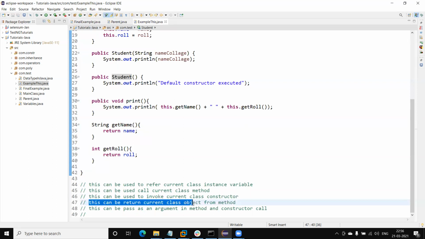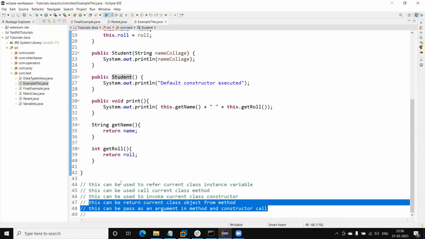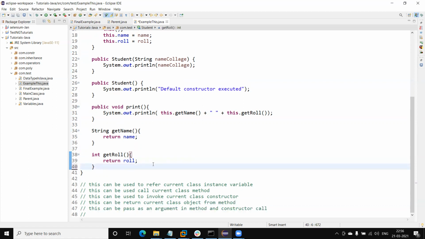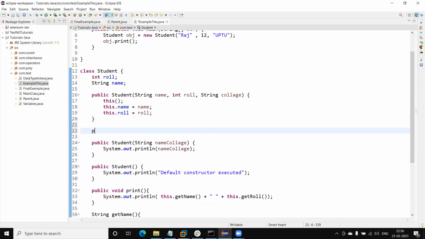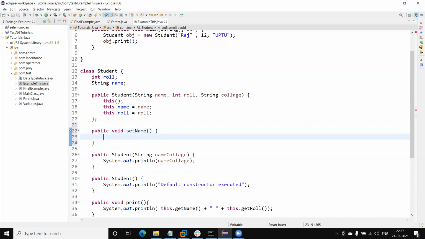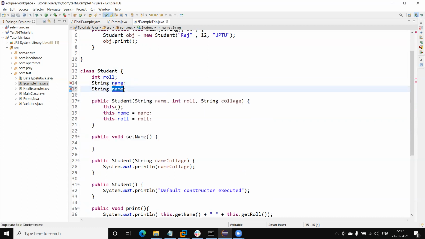This can also return the current class object, as well as be passed as an argument. Suppose I'm adding one more method here, public void setName, to set the father name. Let me create two variables, fName, and in setFName we can use this keyword to set the father name, like this.